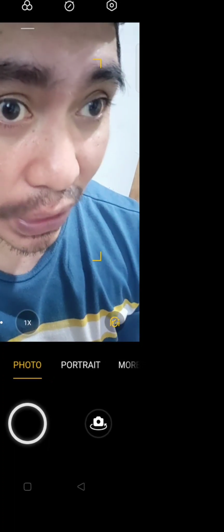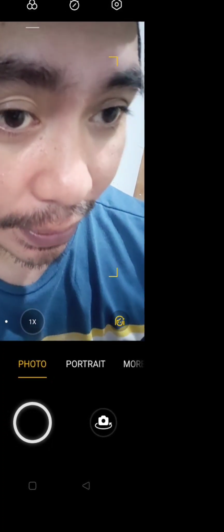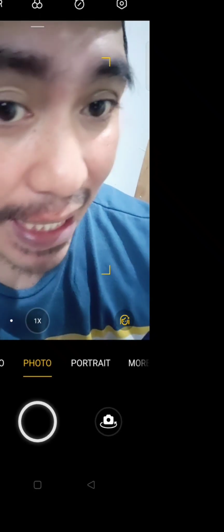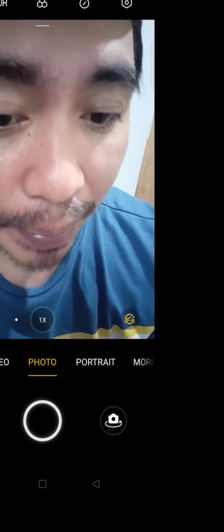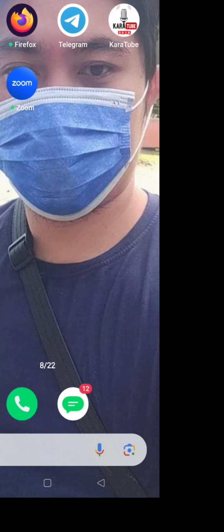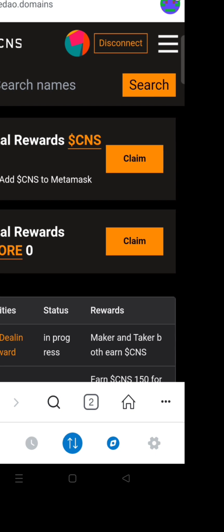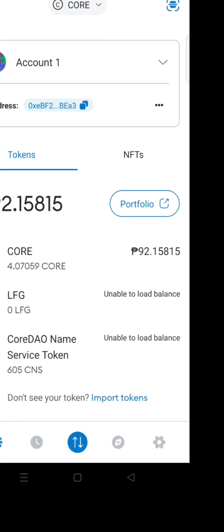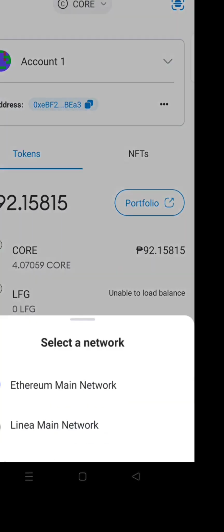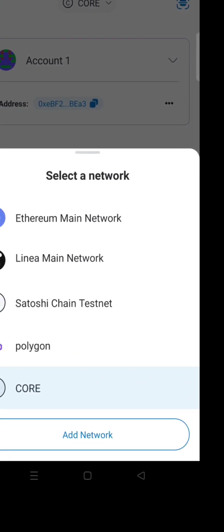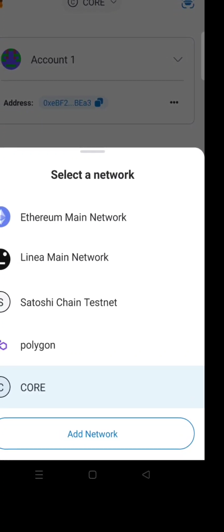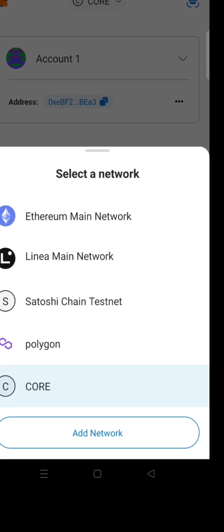The first thing to do is just download MetaMask. If you already have MetaMask, just set the network to Core. So just select a network, choose Core.